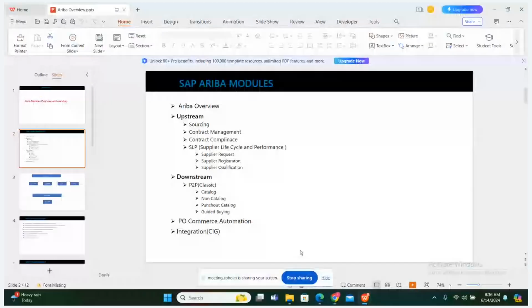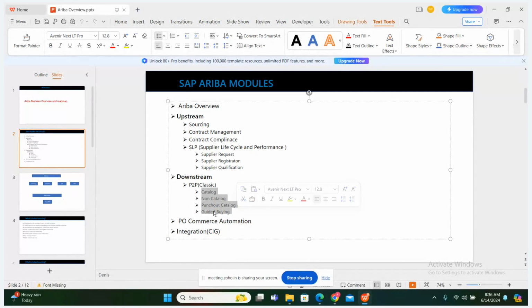Like we discussed up to catalog, non-catalog, and guided buying. There is another module called PO automation. I've just given a high level only. I don't get deep into this module, because PO automation is nothing but,